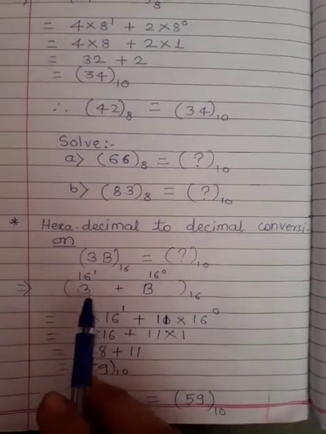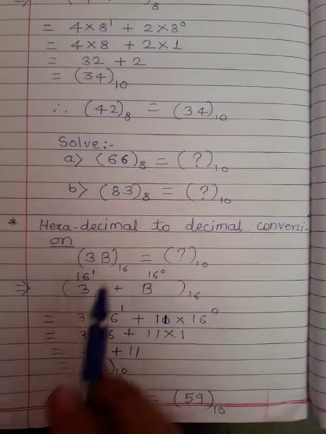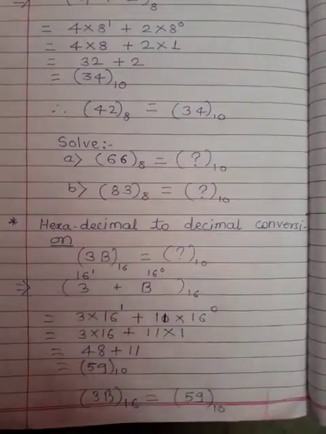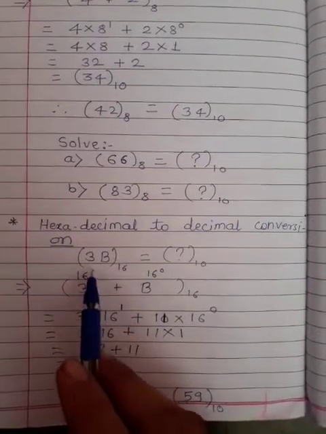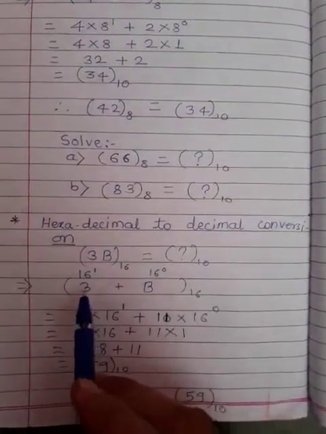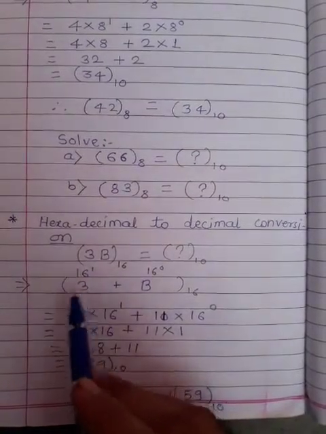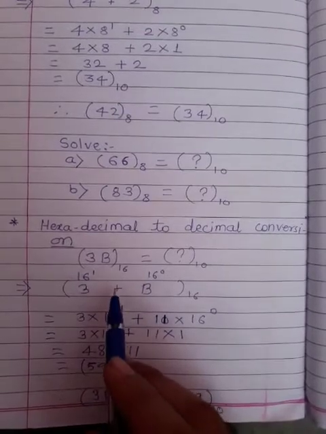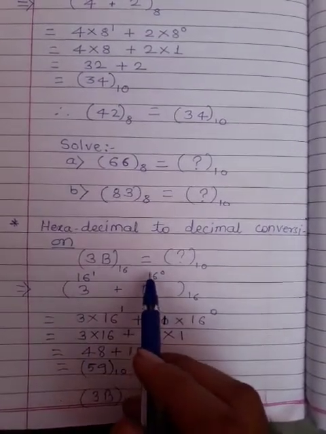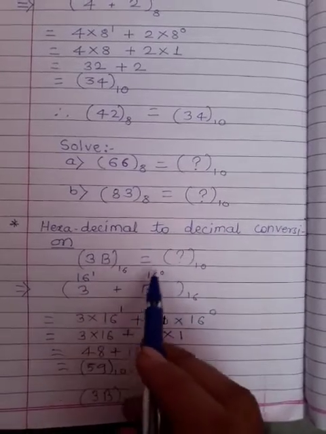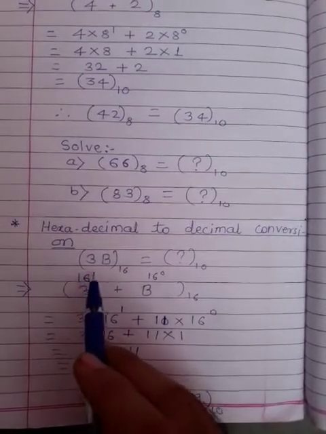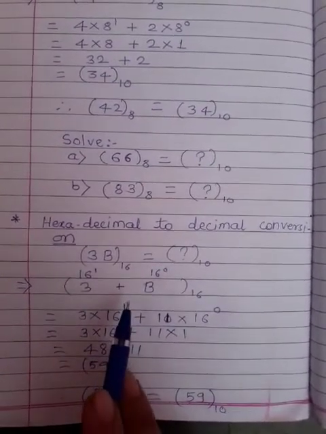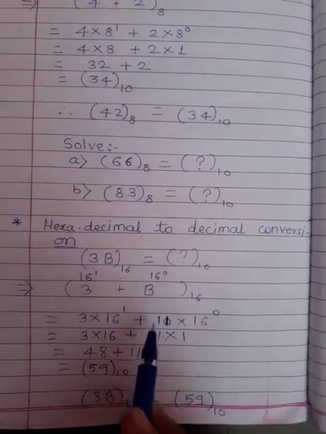So the first step is, it is similar as the binary, only the difference is that we have to multiply with the base value and the powers increasing from 0 in increasing order. So start the procedure. 3 and b, two digits we have written separately, put a plus symbol and then multiply with its base, that is 16 power 0, and here 16 power 1, increasing order. So 3 multiplied by 16 power 1, okay, plus sign as it is.